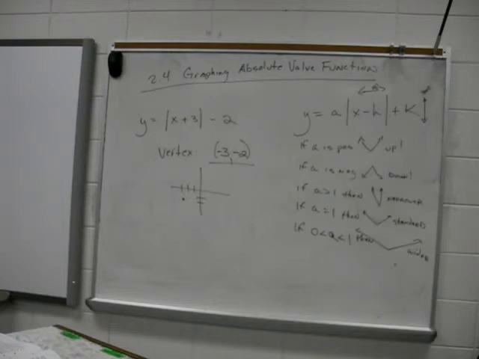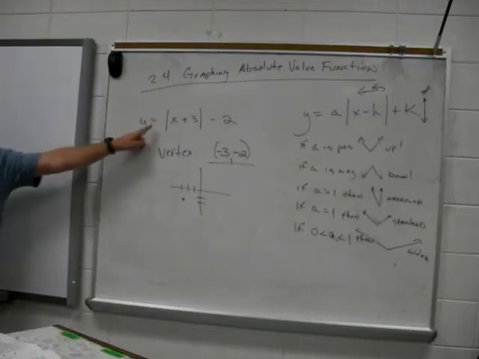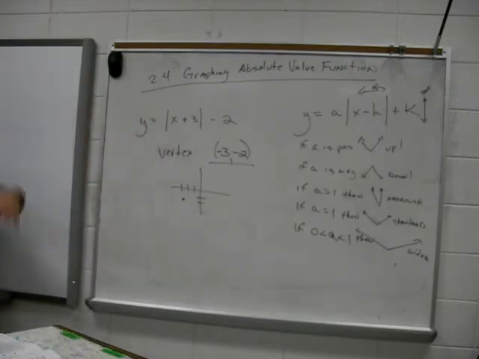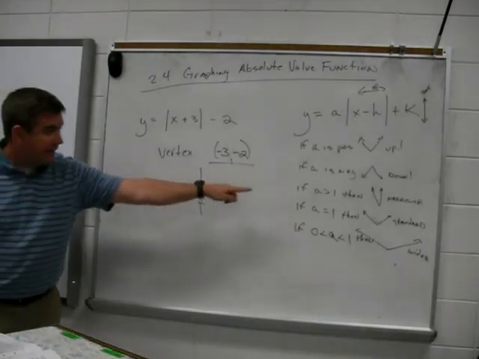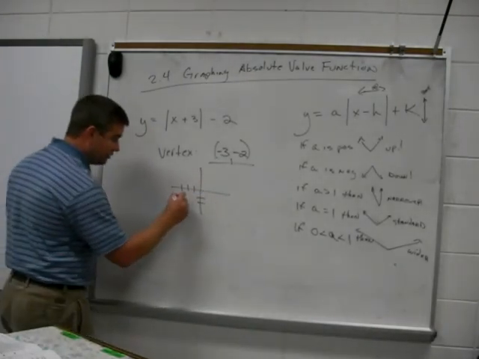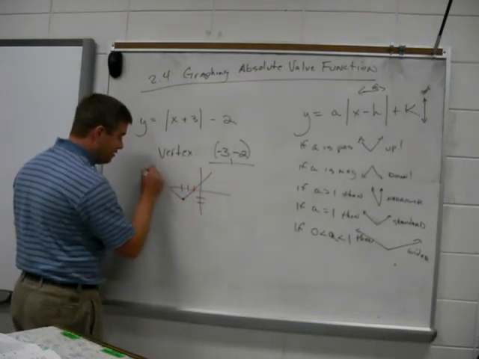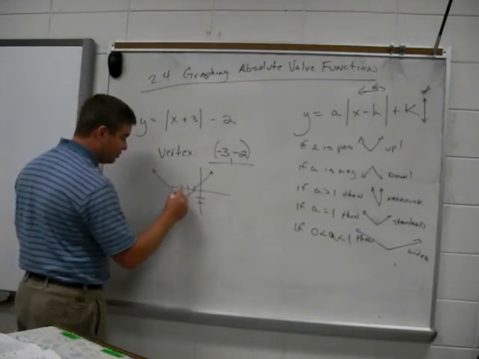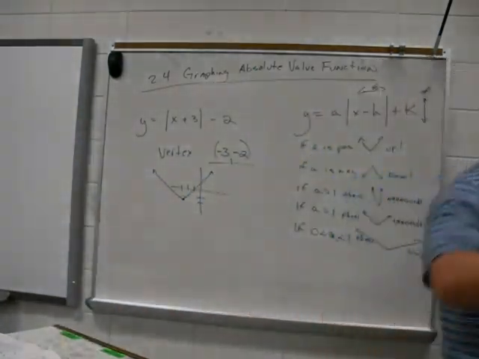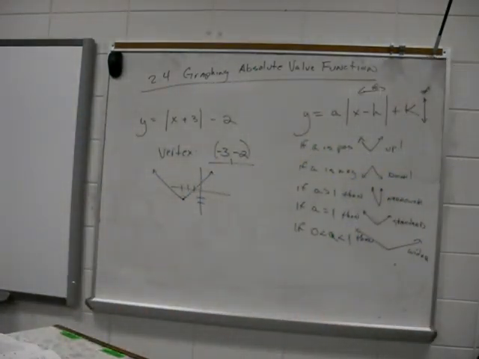It's going up. Is A positive or is it negative? It's positive 1. It's understood to be a positive 1 there. So I say again, is it going up or is it going down? It's going up. Is it standard, narrower, or wider? It's standard because it's equal to 1. So here's your standard graph. And that is it. That's all you have to do. You have to be able to give me the vertex. You have to be able to tell me, is it going up or down? And you have to be able to tell me, is it standard,